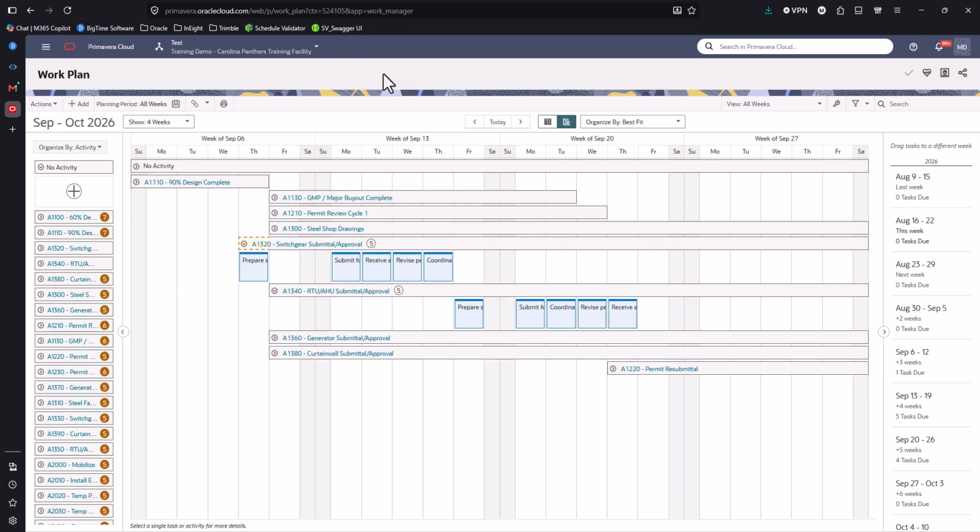We commit to these, we assign them to the responsible parties, and that's going to enable you to have the most accurate forecast for your work plan of upcoming weeks. Please contact CDP if you're interested in a more in-depth demo using your environment or your information. We can absolutely work you through that, but this is the high-level overview of tasks within OPC,